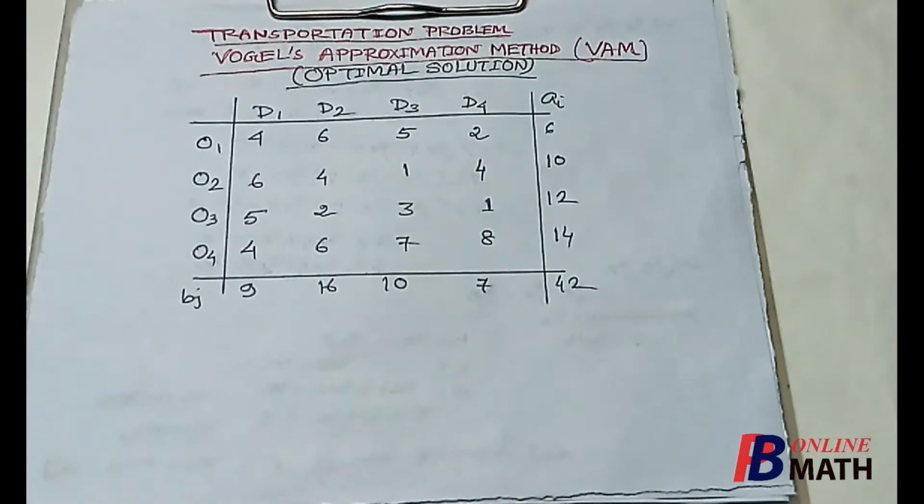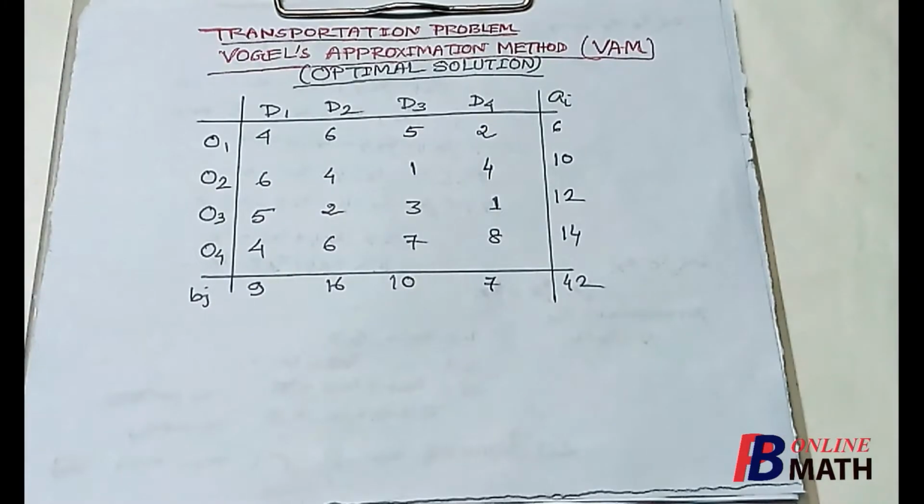transportation problem. Now, as I have discussed in the previous part, among the different methods, Vogel's approximation method is the best one to find the initial basic feasible solution. In the previous part, we had obtained that although the initial basic feasible solution obtained by the row minima method is better than the initial solution obtained by Vogel's approximation method, most of the times the result obtained by Vogel's approximation method is the best one.